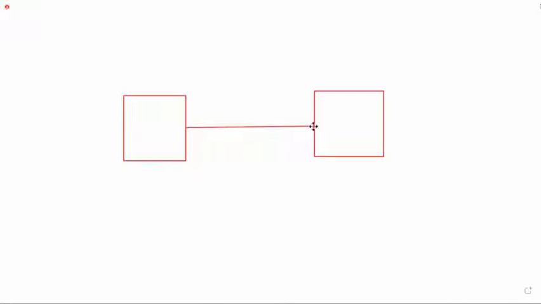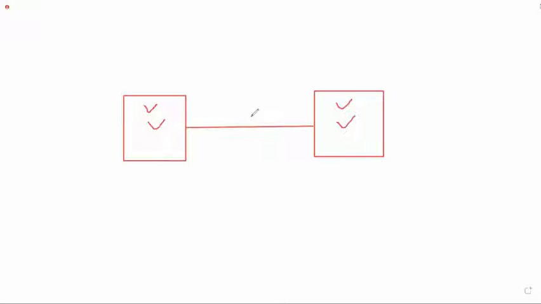Usually whatever changes you make here will automatically go here, and whatever you do here will automatically replicate here. This process usually happens without any errors, right?